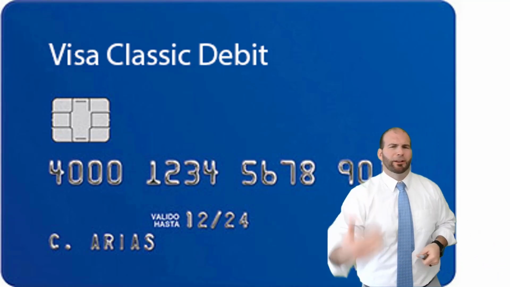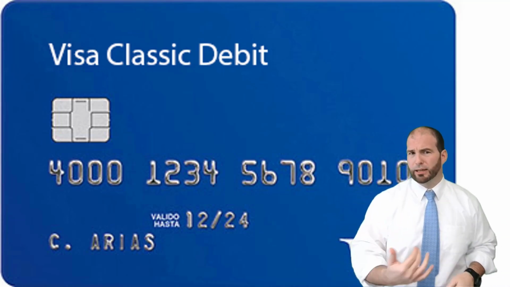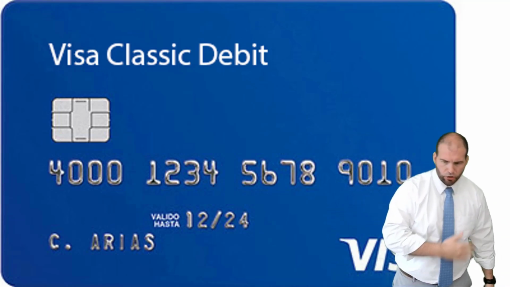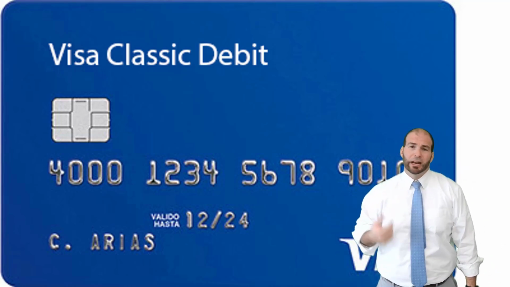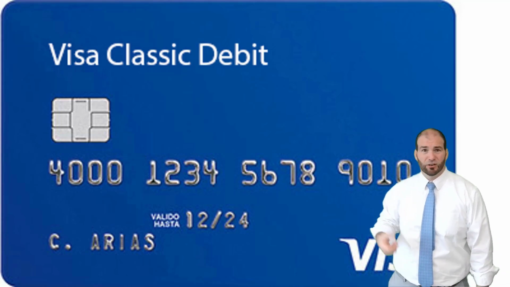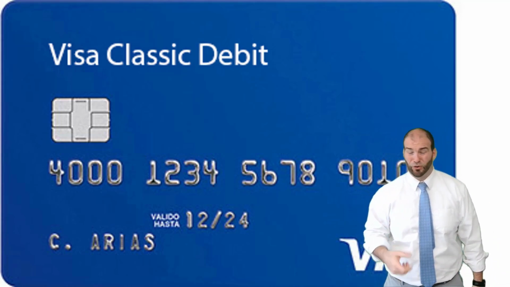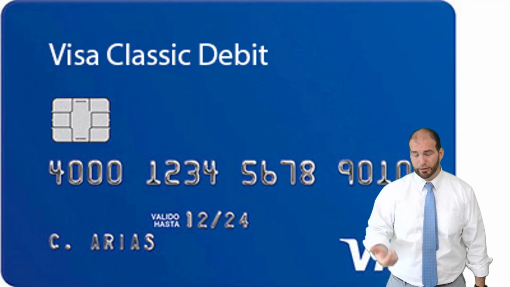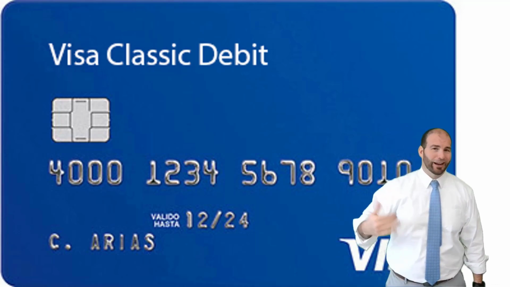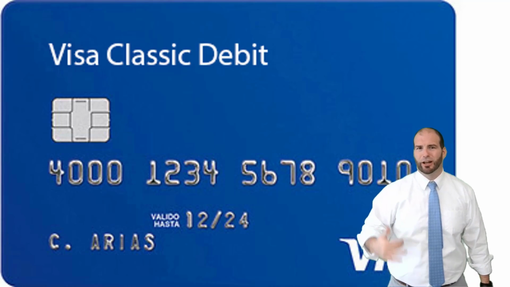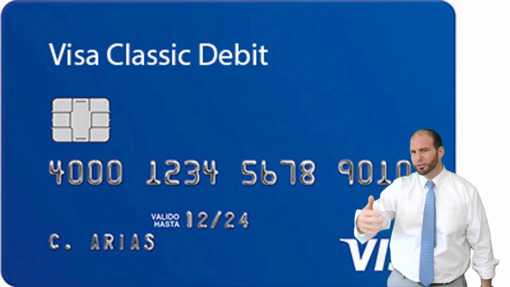Now, if you have a debit card, it probably looks something like this. Say you bank at Wells Fargo. They give you a debit card. It is probably going to say Visa or MasterCard in the bottom right corner. Those are credit card companies. That does not mean it is a credit card. They are connected with Visa and MasterCard, and they use a lot of Visa and MasterCard for their security purposes and stuff.